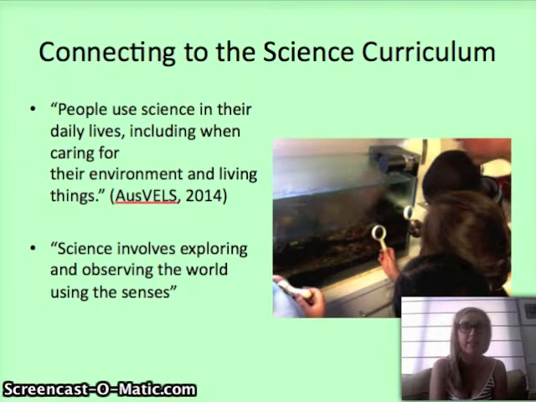So making that comparison of, oh, that tree is so beautiful and big, well, what animals would live in there, and why do you think the park's been designed that way? And science involves exploring and observing the world and using the senses, so provoking them to discuss what they've seen, what they've heard, what they've smelt, what they've felt, and then also thinking about how it makes them feel to be in this environment is a scientific exploration of an environment, and also looking at the beauty and connecting it back to